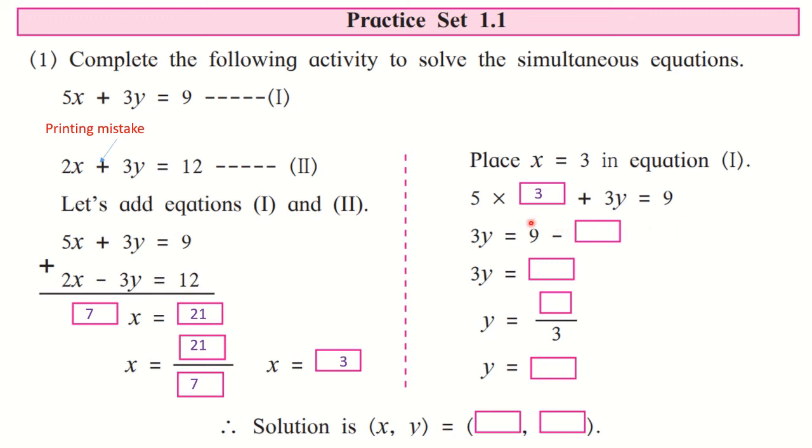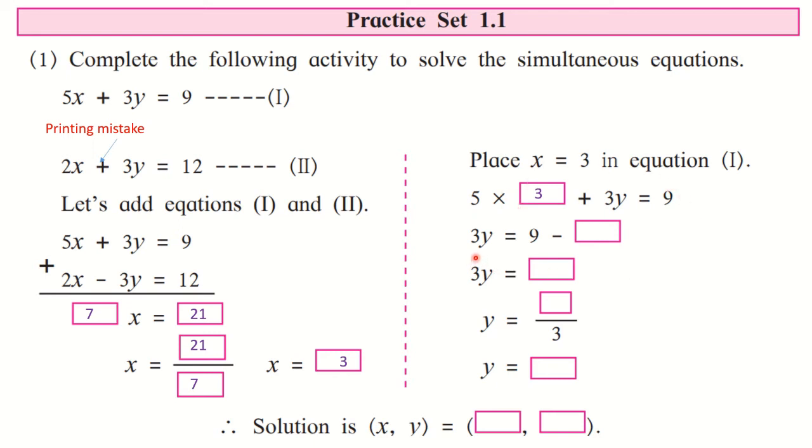Okay. Now, when we solve, we write the next step, that 5 threes are 15. So, 15 plus 3y is equal to 9. But now they have not taken that step. They have ignored that. So, you have to do that in mind, that 5 threes are 15 and that 15 is shifted to the right hand side.